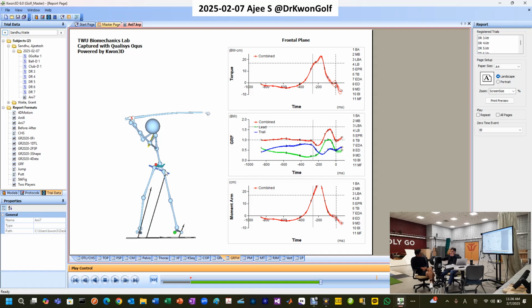Imagine you are using a wrench, trying to rotate something. The distance from the center of rotation to your hand, that's the moment arm. The reason the moment arm is important is that if you multiply the moment arm and the force, it gives the torque. So this is the torque you're generating in the frontal plane by using the ground. Okay? Now,